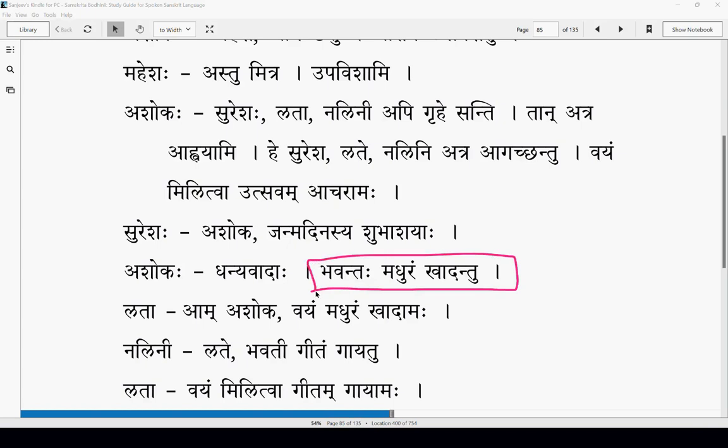Like Hazur or like maha. Madhuram, like honey. You can eat honey. Yes. So Bhavantah is Bahuvachanam here. Many people are there, so you all, bhavantaha, can eat, or please eat. Madhuram, yes, honey, or any sweet dish. Anything sweet. Madhuram khadantu.